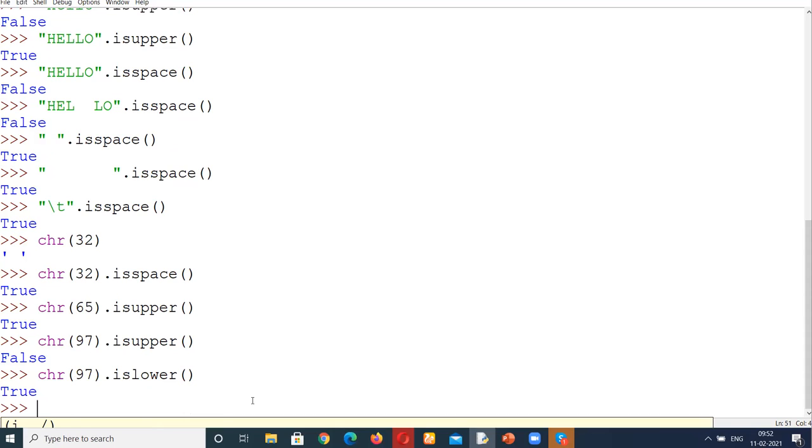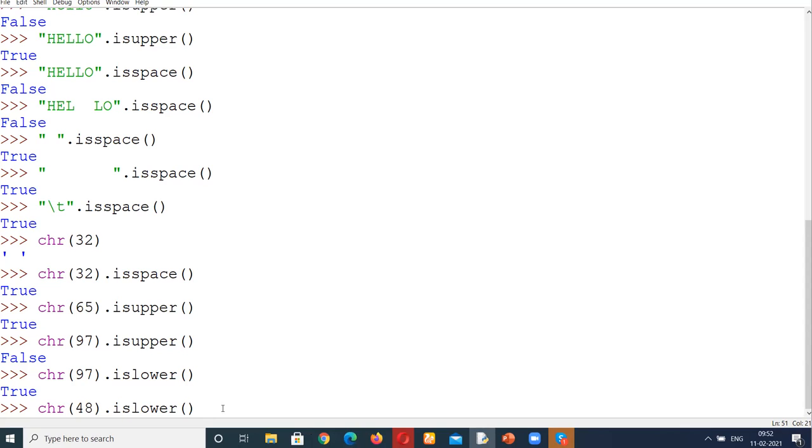Similarly, chr of 48. Now see, it completely depends on whether you remember or you forgot. chr of 48, what will be the answer? And what is this 48 for? Forgot? 48 is for 0 till 9. 48 till 57 is for 0 till 9.